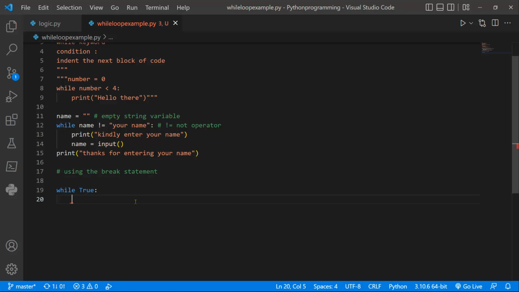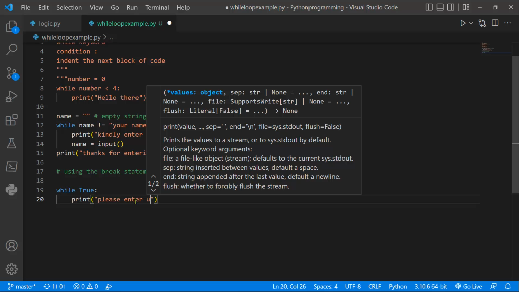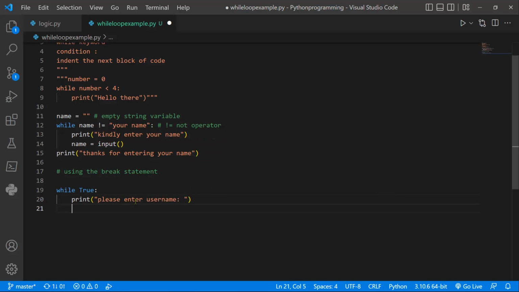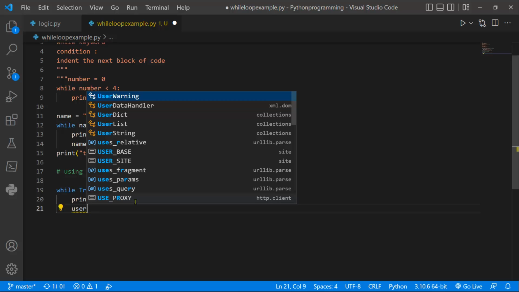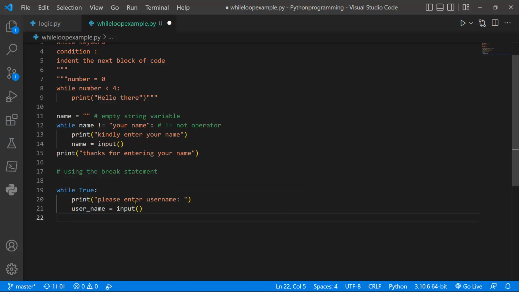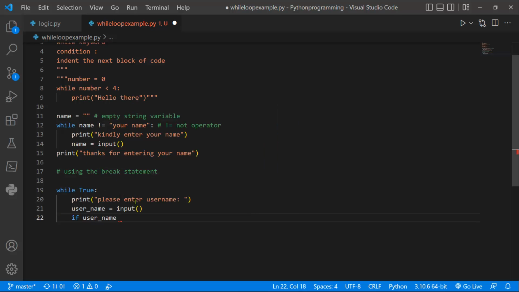So here what we're going to do is print, please enter username. The username is one word. After that, we're going to get whatever input the player provides. So let's say user underscore name is going to be equal to input. In case you don't want to use the style where you have the text input directly using the input statement. So next, we're going to say if the name you entered, which is the username, is the same thing as, let's say, your name,